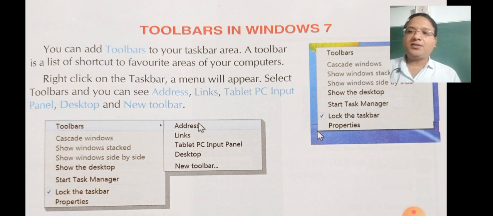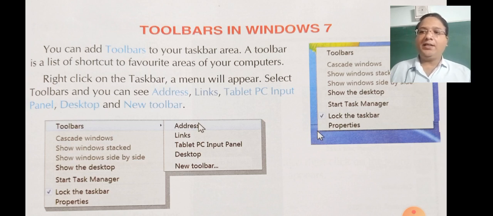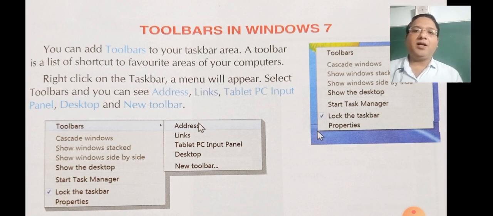Select toolbars and you can see the address, links, tablet PC input panel, desktop and new toolbar. So like this you can add the toolbar to your taskbar areas.